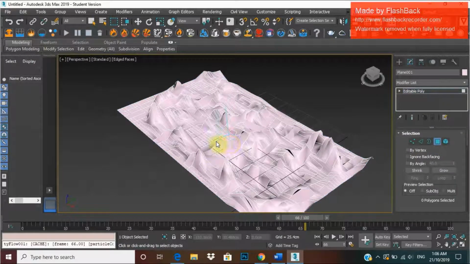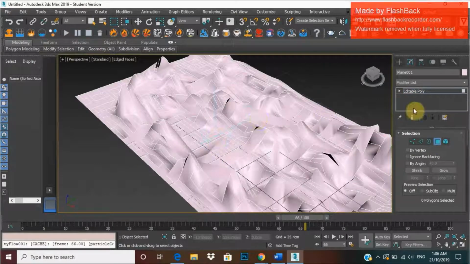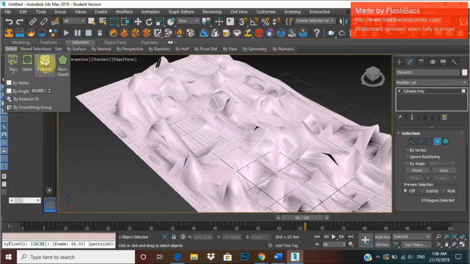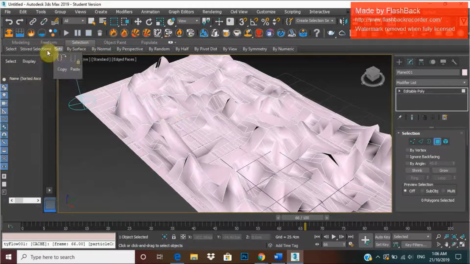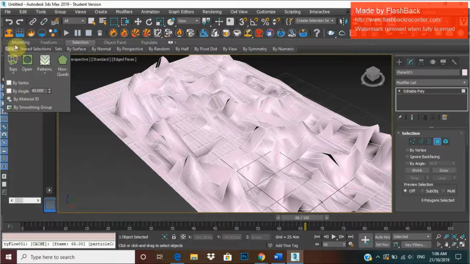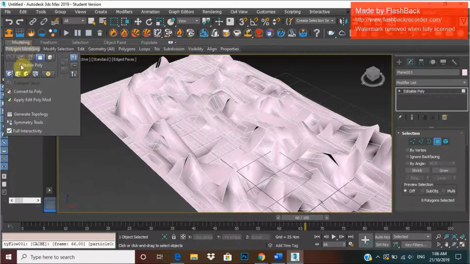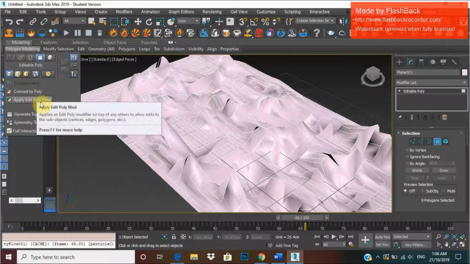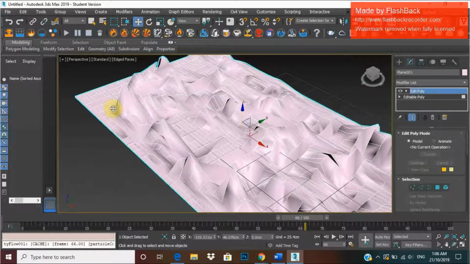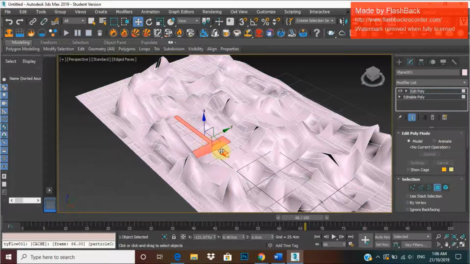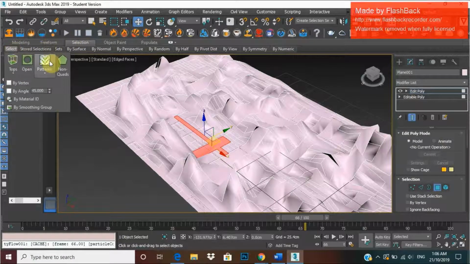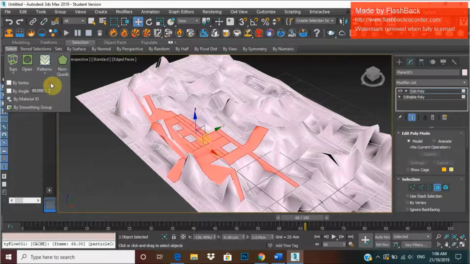And going back to editable poly, we want to make sure that we have polygon selected so that I can then go under graphite modeling tools and selection tools to create my random selections. Okay, so now I'm going to randomly select, and under selection tools, what you'll find are some useful tools like selecting patterns,